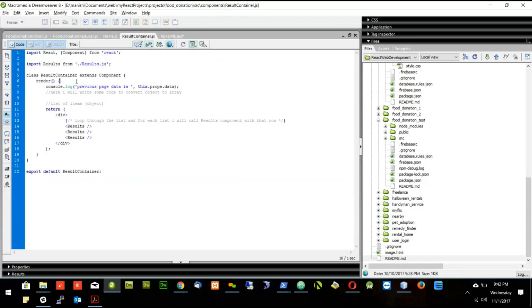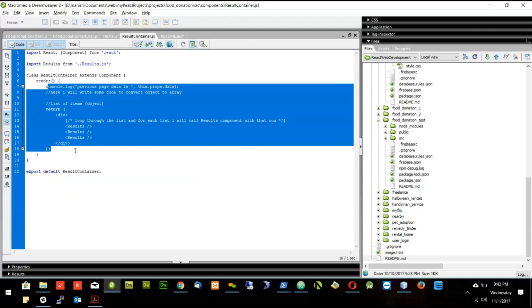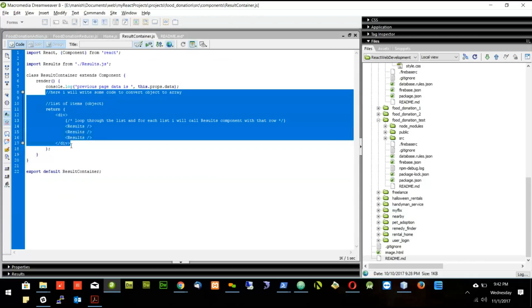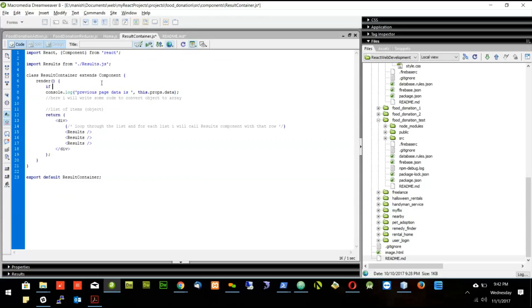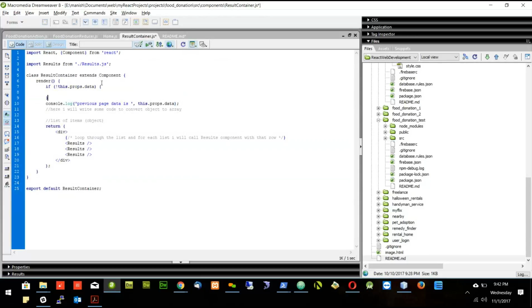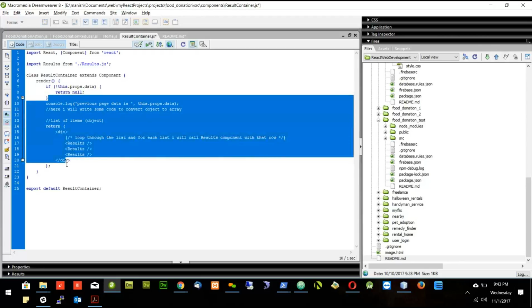Now, sometimes the data does not come. Sometimes we don't have data. So if we don't have data, we will not go through this one. If we have no data, we should not go inside this return. So what we have to do first is check whether data is there or not. So I will say if not this.props.data, return null. When we don't have any data, we will not go through here, we will just return